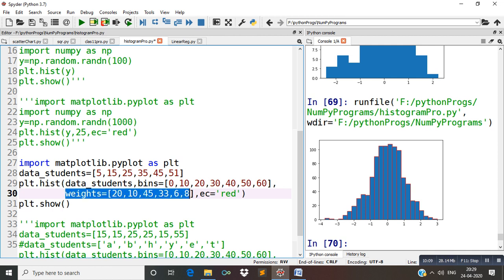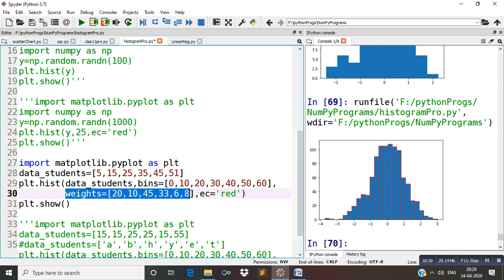If a student is 15, then weight is 10. If a student is 25, then weight is 45. And bins will represent the category in which that student is. Now I just execute this program and you can find the exact meaning of this portion.